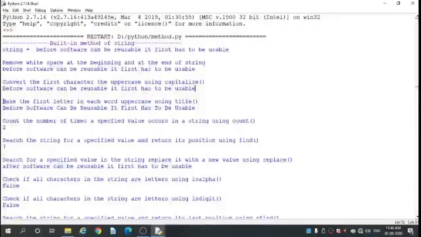So here B is a capital letter, S is a capital letter, C is a capital letter, meaning the first letter of each word is uppercase and the remaining are lowercase.